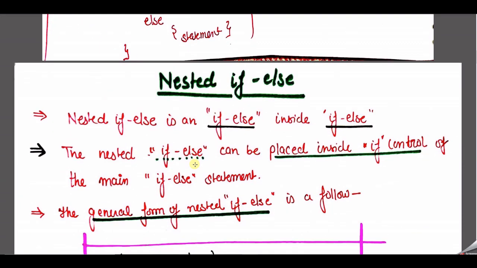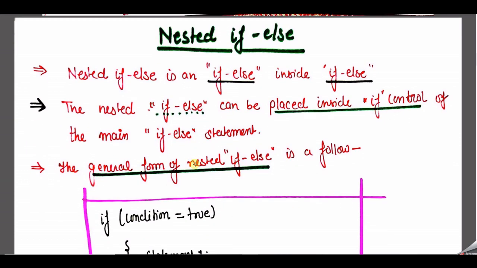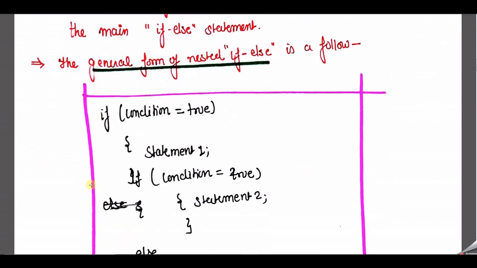Now what exactly is nested if else? What happens in nested if else? There is nothing special here. We just need to check an if condition inside an if, that means if, and then if, and then if. This is called the nested if else condition. The nested if is kind of the opposite of else if. In else if we check if in the case of else, and again else, and then again we go to the if part. But in nested if we need to check multiple ifs inside the if condition.